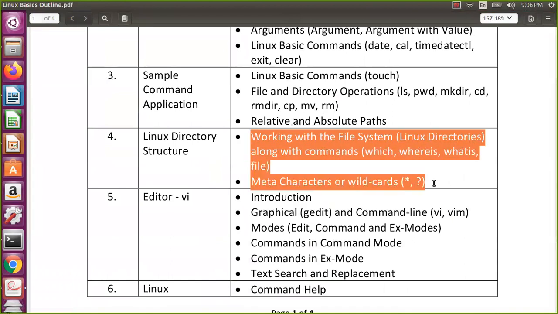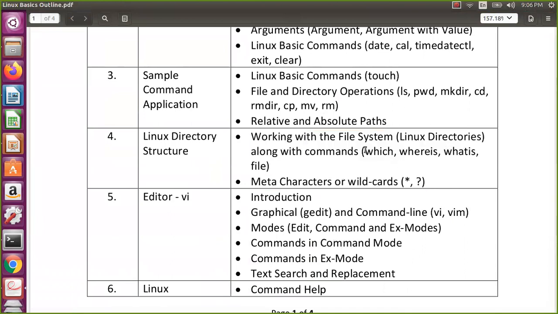So in this particular video, we will try to see the important directories along with these commands, and we'll also see a couple of meta characters. There are so many meta characters. For the time being, we will go in a procedure so that whenever needed, we will look into that. So we will not see the meta characters right now. Once we see the meta characters, then you can explore the file system.